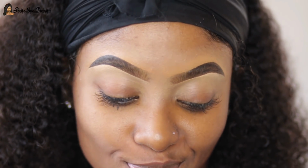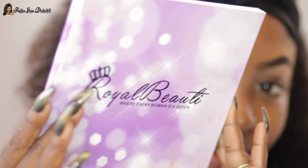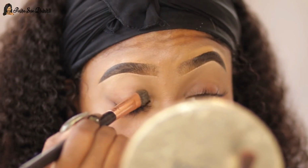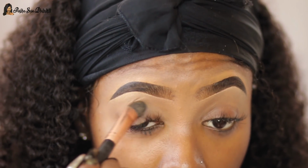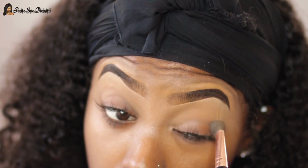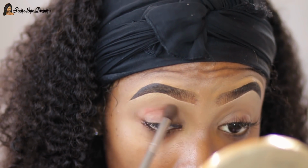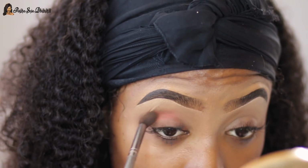Today I'm gonna be doing this get ready with me. I was actually heading to a party called Chilling on the Farm here in Jamaica. This look is inspired by the outfit I was wearing today, which was a denim romper. I wanted the eyes to really complement that, so I started off with my Royal